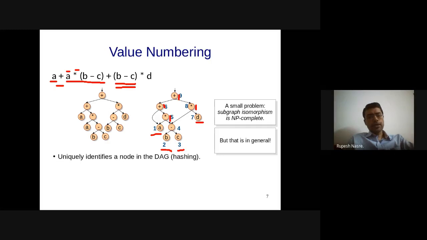Right? So one thing is that it uniquely identifies a node in the DAG. As you can see, there is some sort of hashing which you can use to track these subgraphs. It's also not necessary that you need to have an explicit expression tree, although some sort of structure is definitely required.